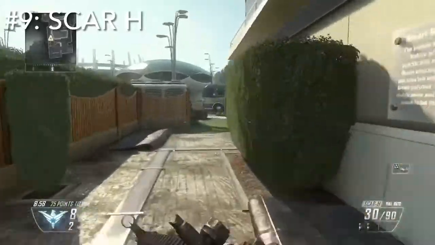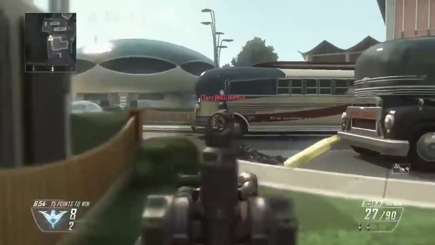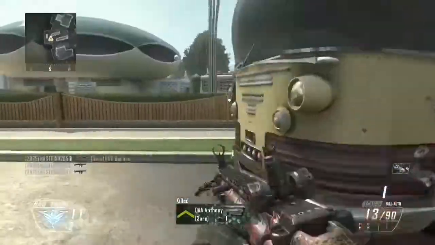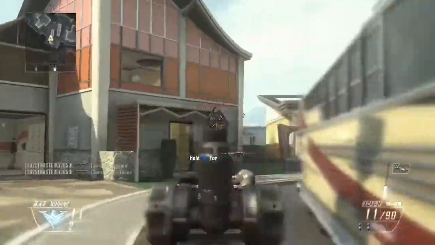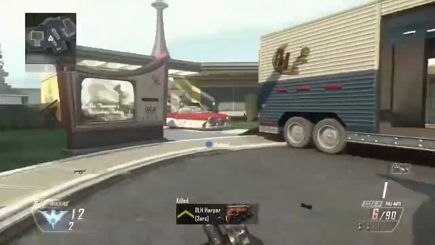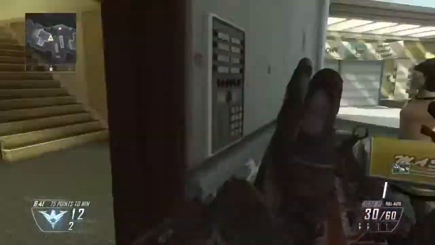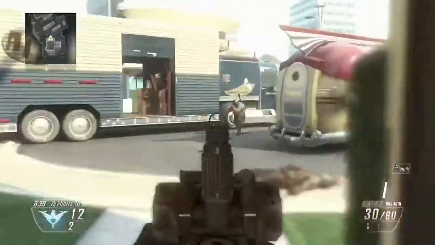At our number 9 spot is the Scar H, and the Scar H is a very powerful AR. I'd say it's a really good weapon, excluding the staffs on Origins. It's an Origins exclusive. And it's not great, it's not bad, but